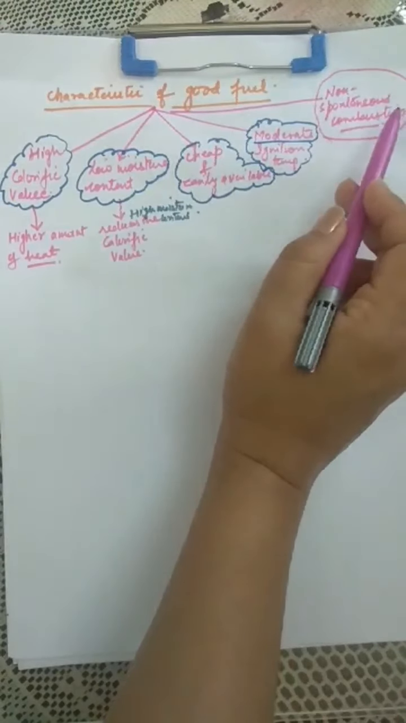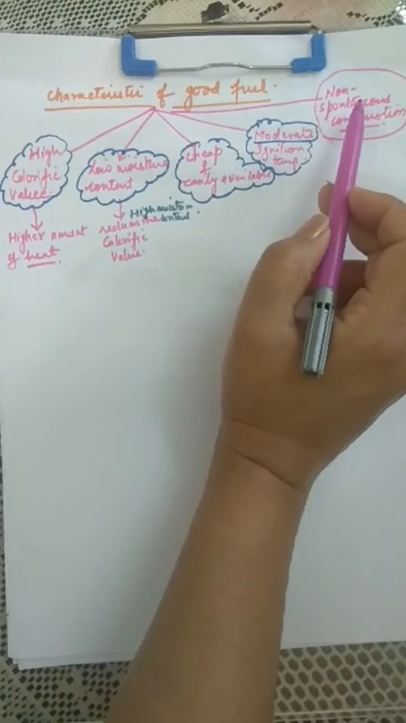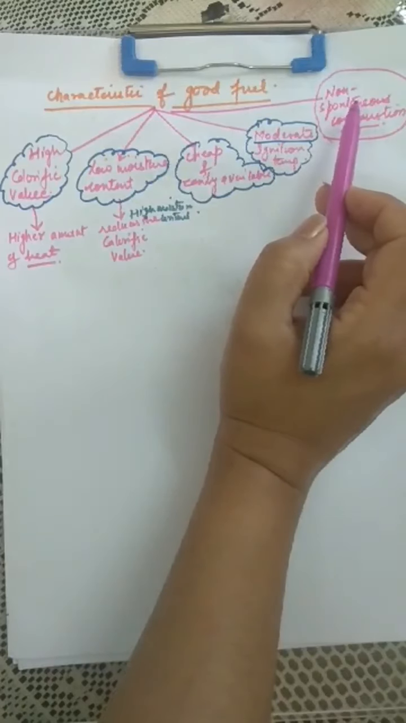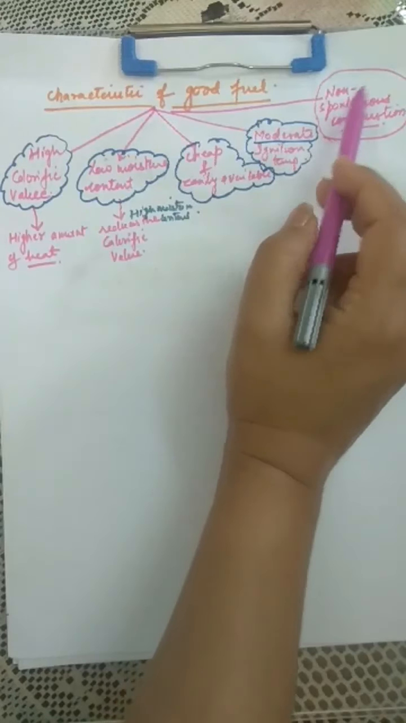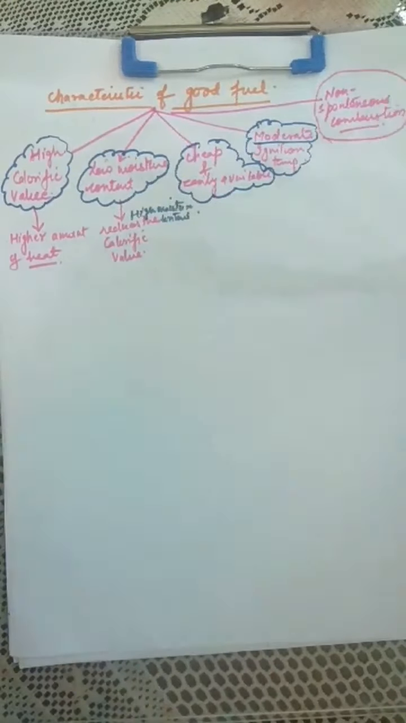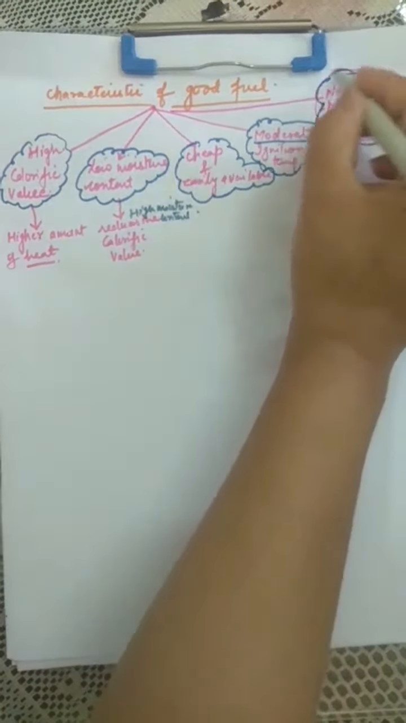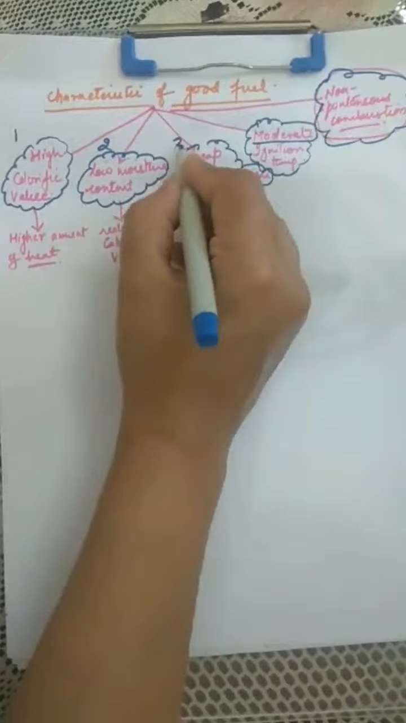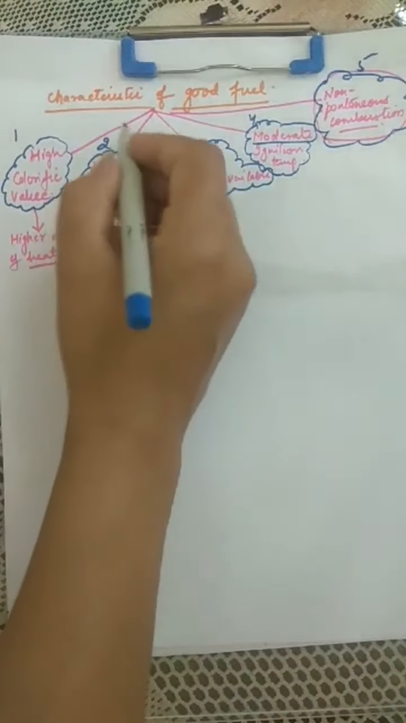If it is spontaneous, then it will easily catch fire. The reaction will start on its own. Spontaneous means the reaction will start on its own without any extra heat. So it should undergo non-spontaneous combustion. Next point is, we'll mark it, this is 1, 2, 3, 4, 5 and the 6th one is,